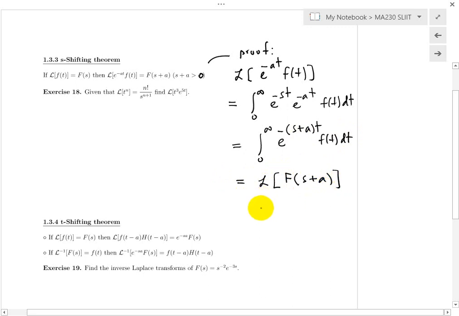Okay, provided that for convergence you need this s plus a to be strictly greater than 0. Okay. So if you remember what we did last week,